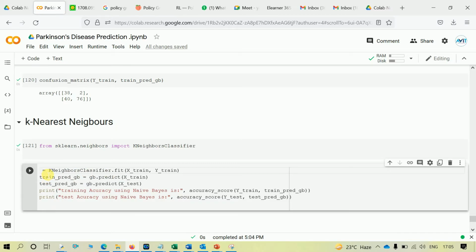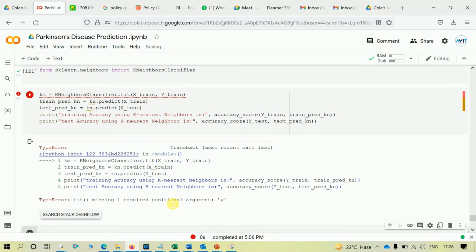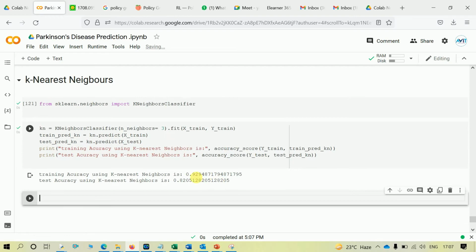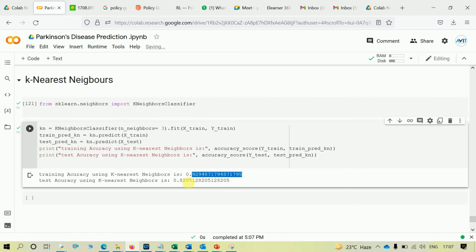Let me take kn and do kn dot predict. Let's change this also to k nearest neighbors. I'll change both lines and let's see the accuracy. Okay, we got 92% training accuracy and 82% test accuracy.